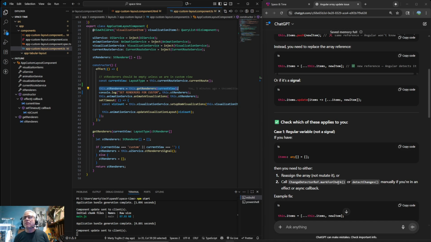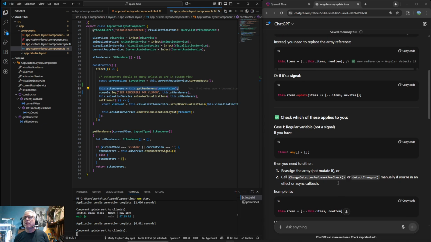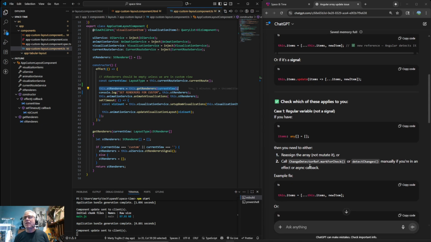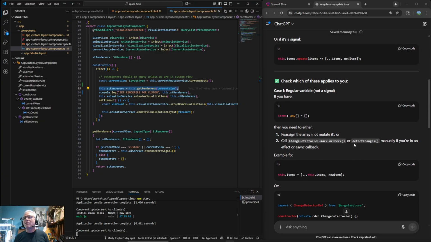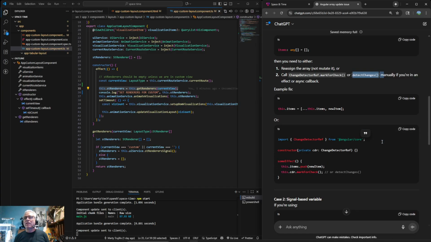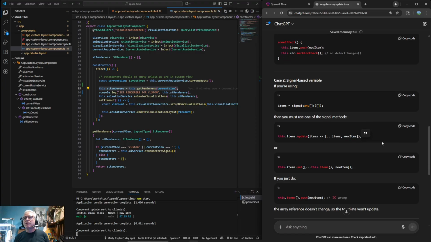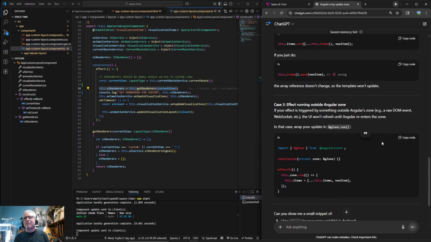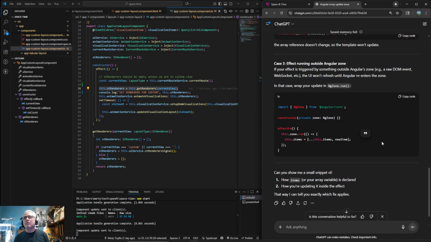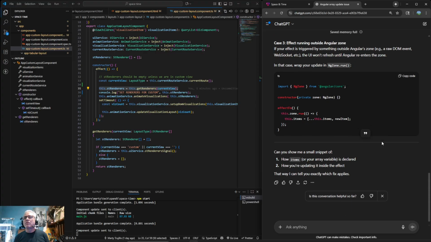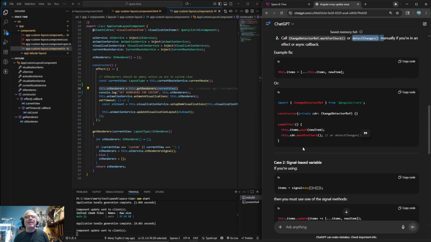Okay, so reassign the array or not mutate it or call change, and we are reassigning it, or detect changes if you're in an async callback. So let's try this detect changes, and it looks like down here they show us how to do it specifically. I don't usually have to do this very much, so